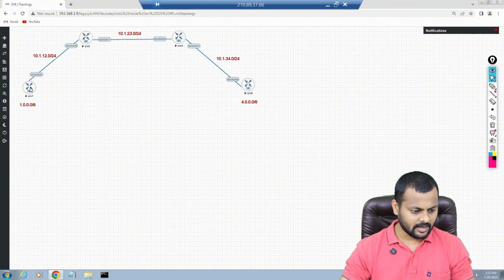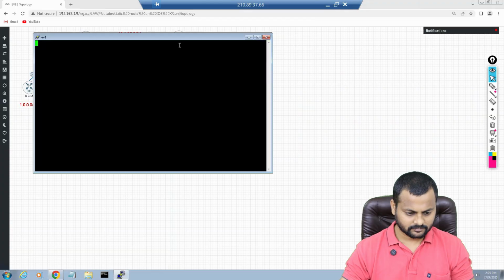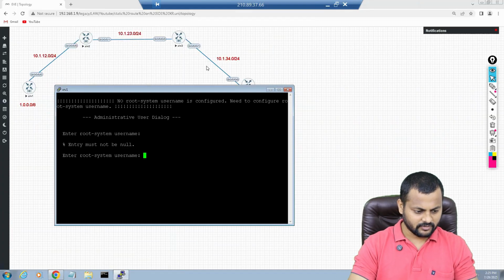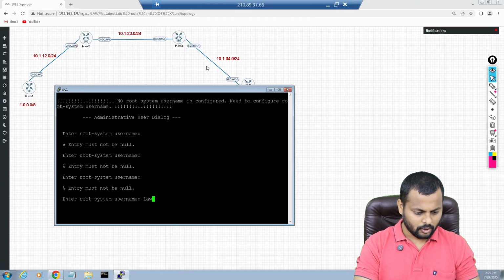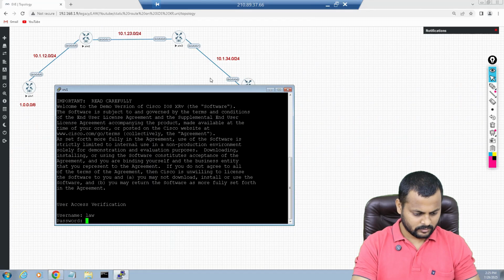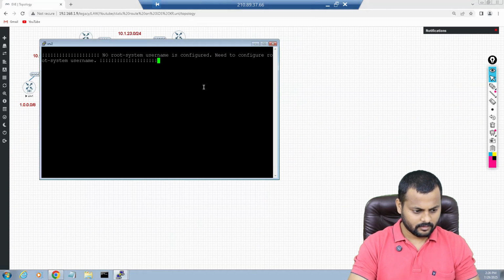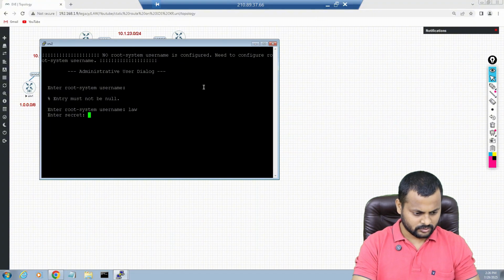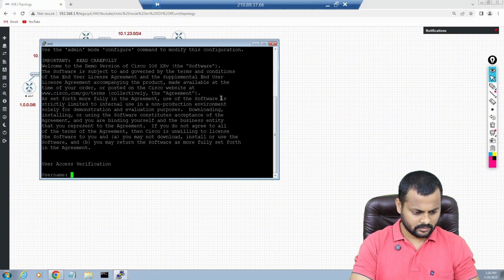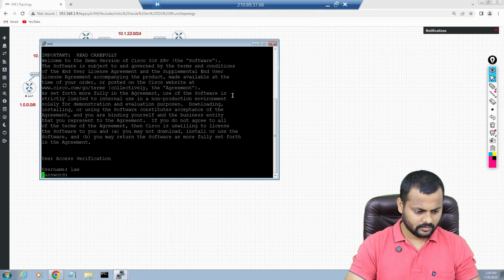First, I'll take the router console. I have to give the username first of all. I'll take the username, and the password will be Cisco1. Same thing, I'm going to open router number 2 as well, Cisco1. That's all.